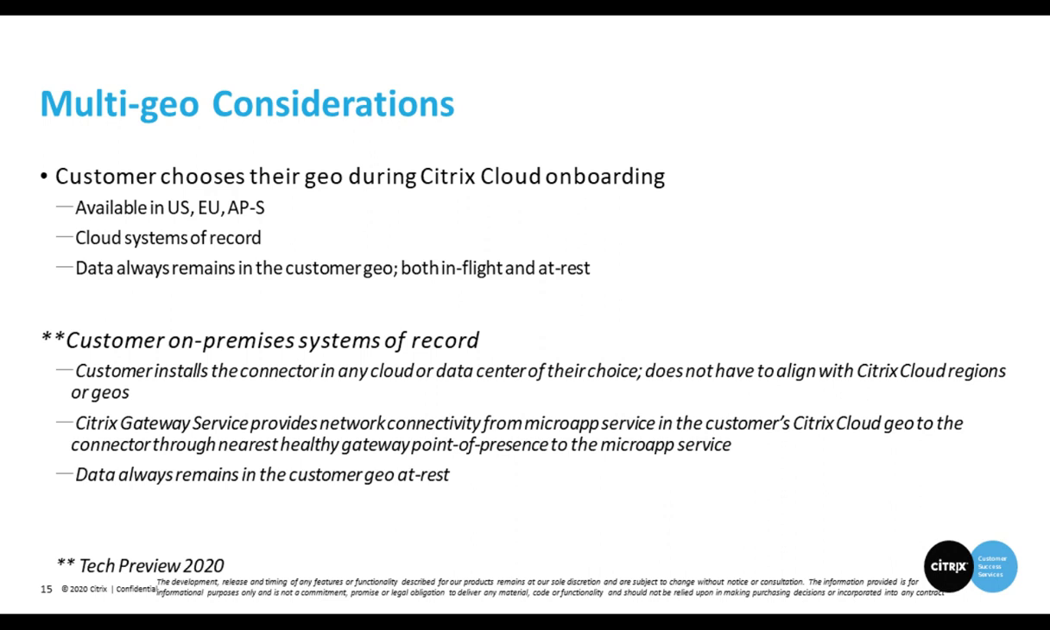Next, we want to talk a little bit about multi-geo considerations. So what happens when we have multiple geographies? Where does the Microapp service need to live? What happens when you fire up the service for the first time? In this case, the customer, being yourselves, would choose the specific geo that you want to have the service onboarded in. So as you're starting up cloud services, you have the options between effectively US, EMEA, and APJ, or APS in some cases. That system of record is really going to be determined upon where it lives for you